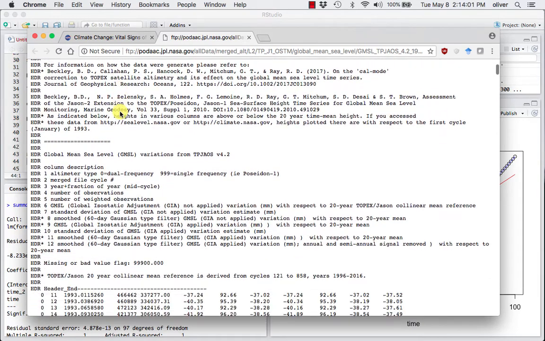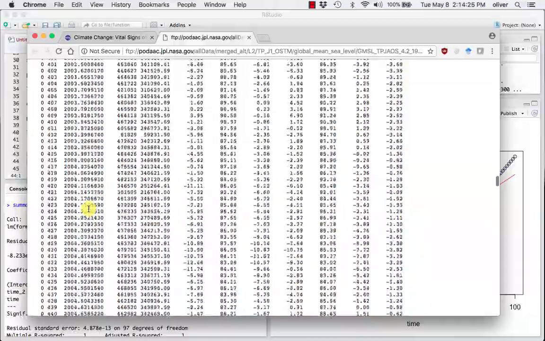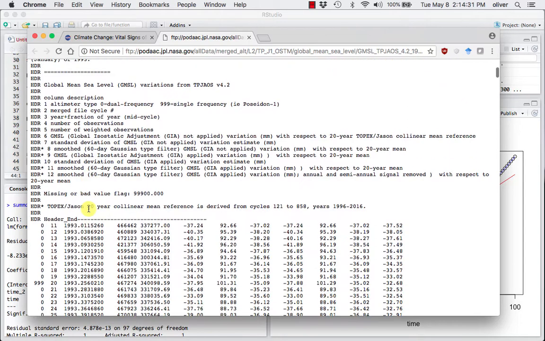So when we get down to the data down here, it gives us a column description. This HDR means header. It gives us a column description of each one of these things. So column 1 is altimeter type. 2 is the merged file cycle. We're going to ignore those things. 3 is year plus fraction of year. We're going to need that one. So this is like our date stamp. So this is 1993.01. So it looks like it goes from 93 all the way down to 2018. Okay. And then here's the number of observations in each one of those references, what the mean is,